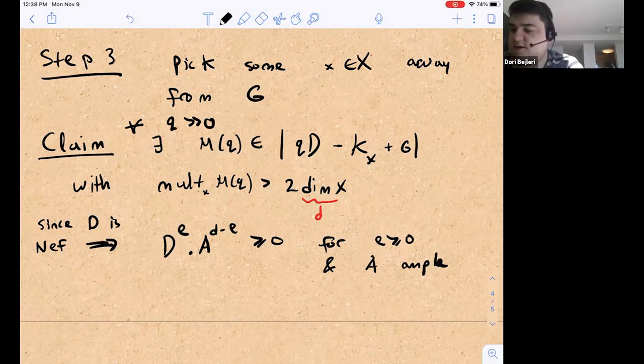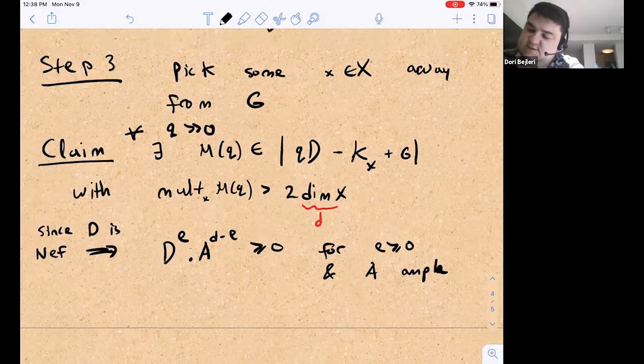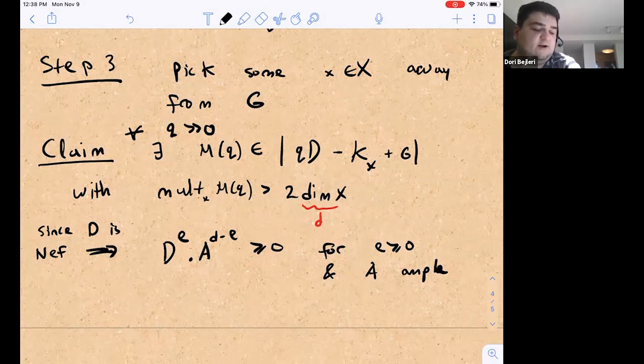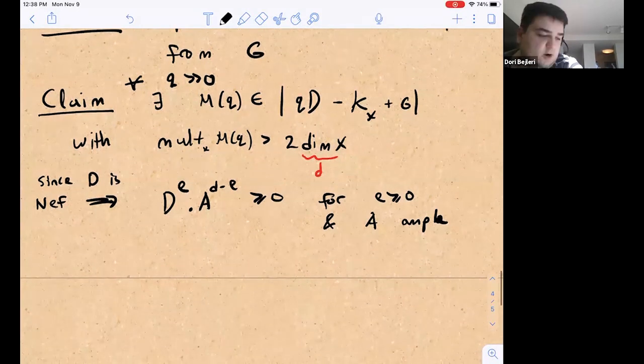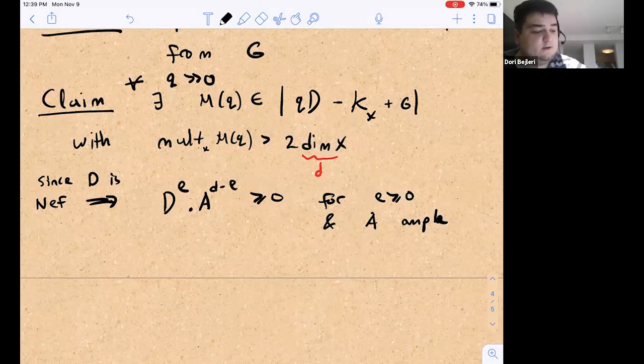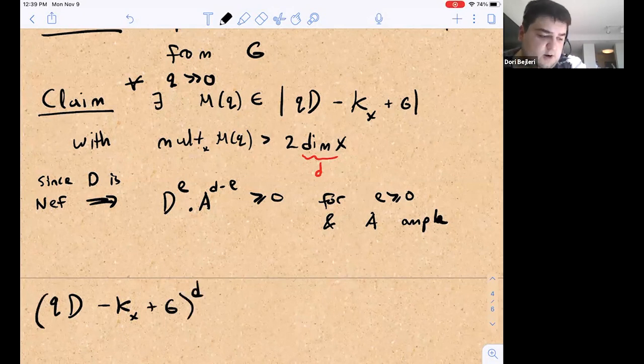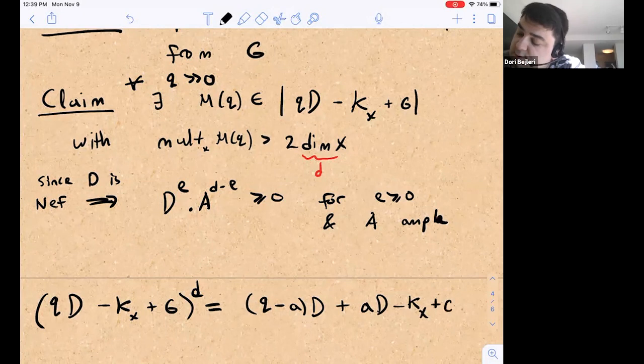And so if we look at the intersection of this QD minus KX plus G, we can ask how does that number grow? And the reason we care about that number is because we want to produce sections, and so we want to use Riemann-Roch to produce sections. So if we look at QD minus KX plus G, the top intersection to the dth power, then this is going to be, well, let's split it up as Q minus AD plus AD minus KX plus G